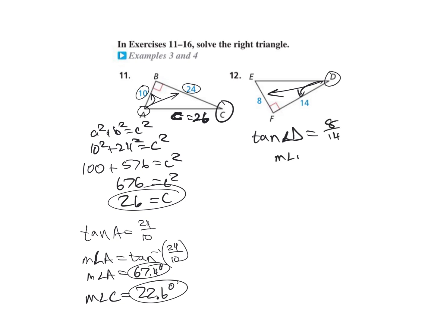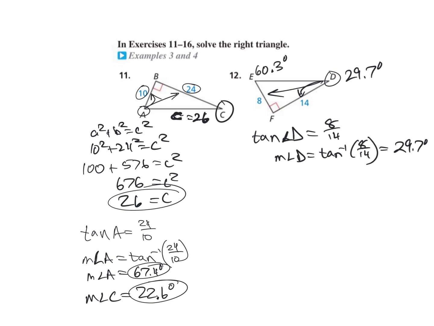So the measure of angle D is equal to the arc tangent of 8/14. 8 divided by 14 is 0.5714. I'll take the arc tangent of that, and that gives me angle D to be 29.7 degrees. Subtract that from 90, you get 60.3